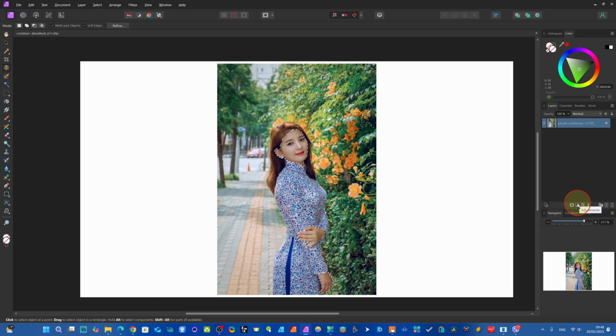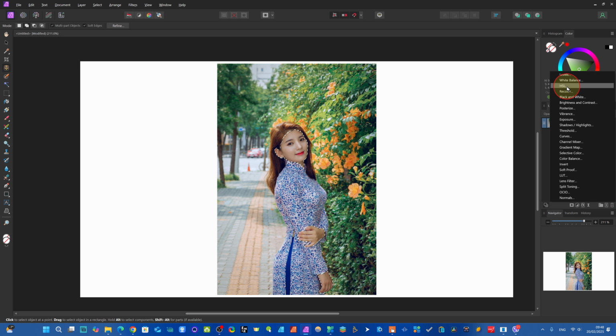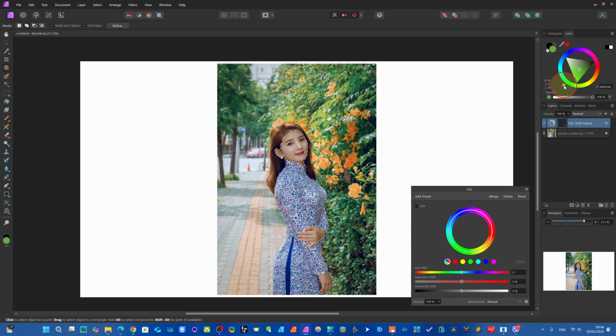So we will come here, you see our adjustment here, just click, and we will check HSL here. You see HSL, white balance, you can change. You can change anything, vibrance, shadow, highlights, color balance, but I take this HSL. And we can change now hue, saturation shift, luminosity shift. We'll just click here. I want to give this red, like this, come like this, you see here, like this. And we can change the redness here. I want to give her face some redness. You can change in this way. You can change the white balance.